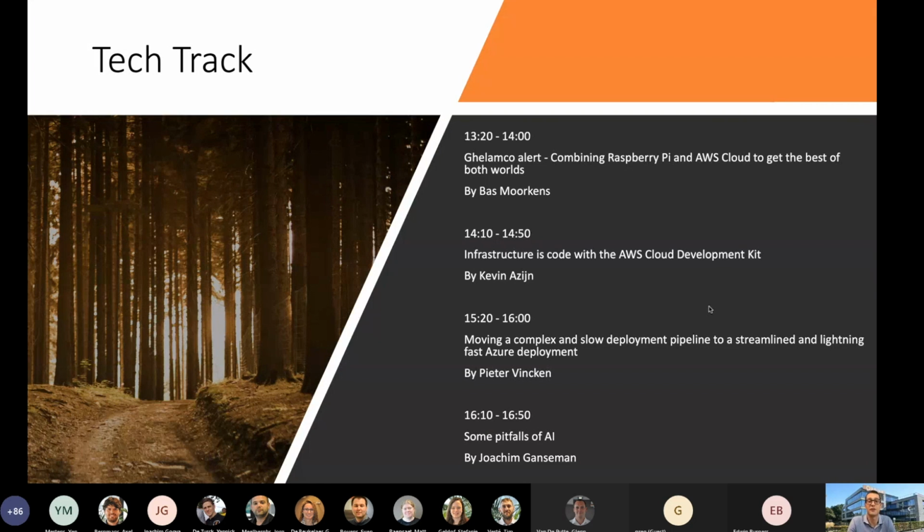And then our fourth and final tech session is Pitfalls of AI by Joachim Ganseman, which will go about the wonderful world of AI and all the things that are needed to make it work, and the pitfalls and every little detail.